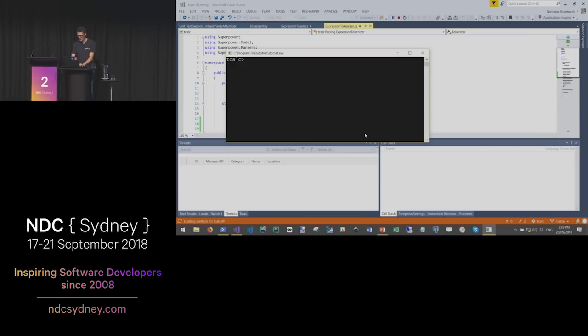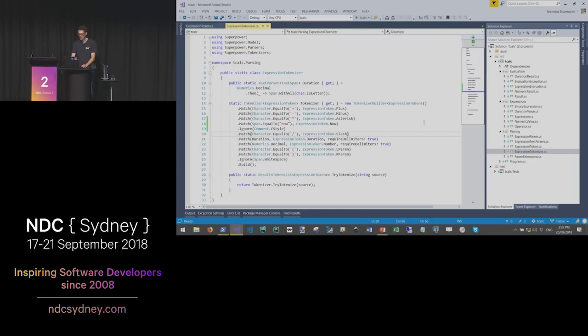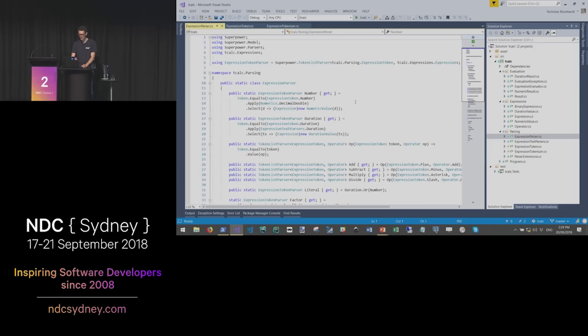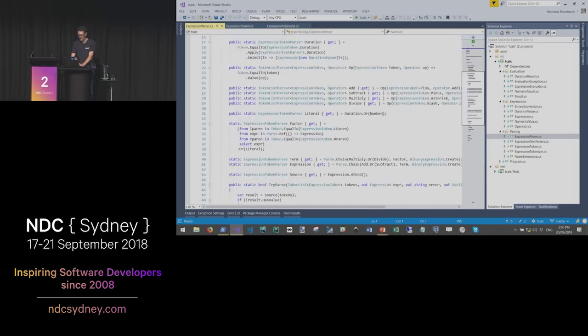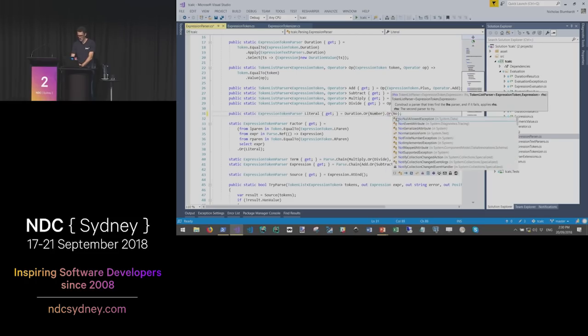And that should get us to now minus 7 days. We got an unexpected now. We won't worry too much about how to make that message clearer. We expected a duration number. So the problem there is that there's nowhere in our parser that has a rule that will match now. And so we might have to say a duration or number or now.